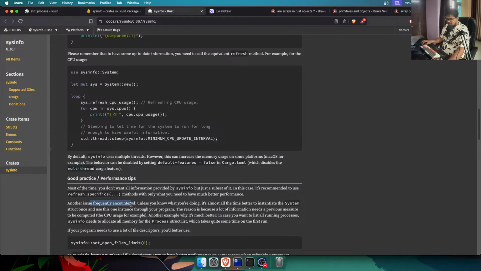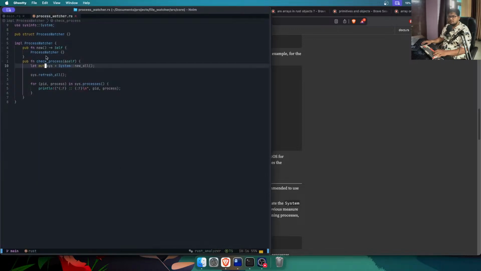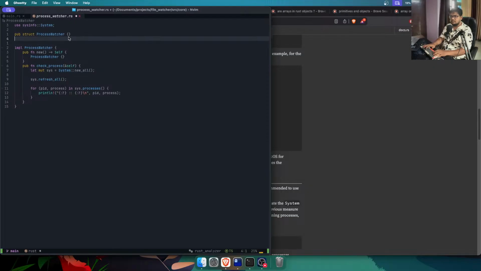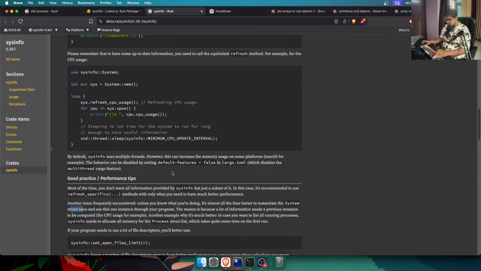Another issue frequently encountered, unless you know what you are doing, which we don't in our case, it's almost all the time better to instantiate the System struct once. Yes, we did that. So we need to do that in this thing, right? We have to have something over here, and in the new we will instantiate it only once. The reason is that a lot of information needs a previous measure to be computed. CPU is